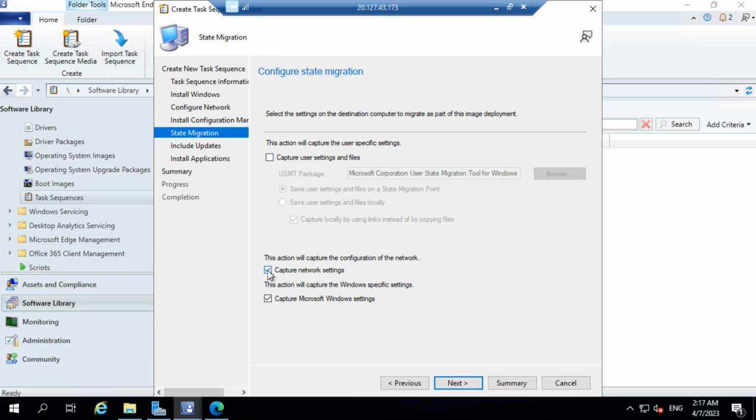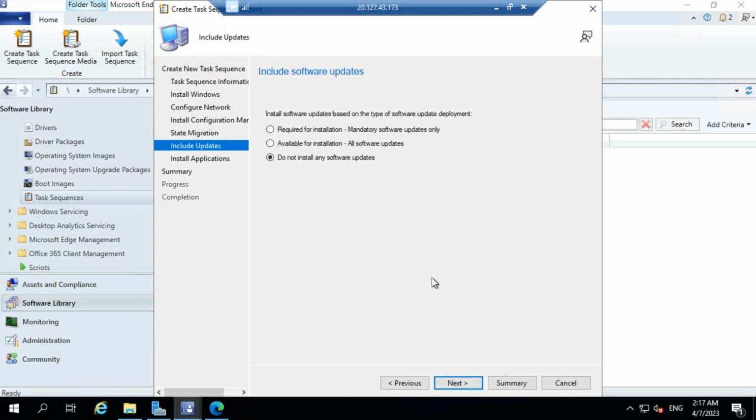Uncheck these boxes, and go next. Now, would you like to install updates? No, because it will take a lot of time. So we can install updates later on. Okay, so let's